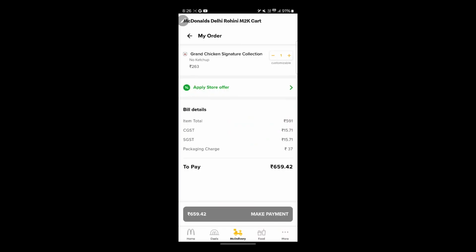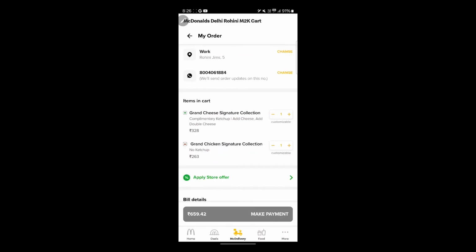After you click on make payment, you'll be navigated to another page where you'll have to just complete the payment by using your payment credentials or any of the payment application available, and you would have successfully ordered in McDonald's